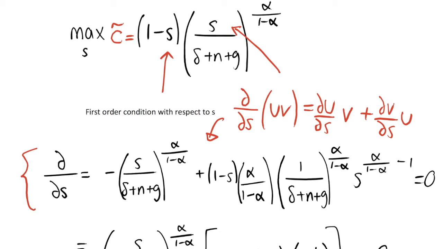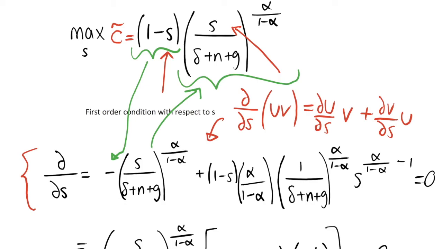And so I won't go through exactly what we've done, but we've effectively taken the derivative with respect to S of this bracket, and that has just come out as -1, and then multiplied this term here, and then taken the derivative of this term and multiplied it by 1 minus S. So just use the product rule. Obviously the derivative of this big term is a bit tricky, so I won't go through it, but we drop down this power and we take the derivative of what's inside the brackets and so on. So we get this complicated expression, and it's a first order condition, so we set that equal to 0 as